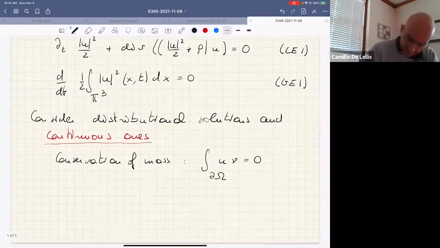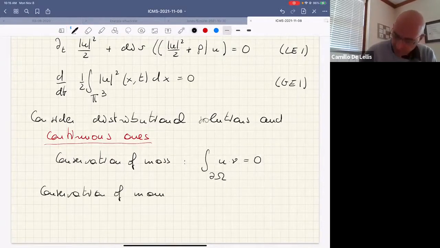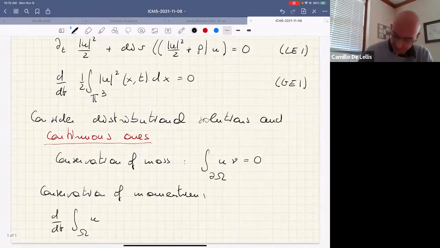And they satisfy conservation of momentum, in the sense that if you take the time derivative of the momentum on any fluid element, this is equal to